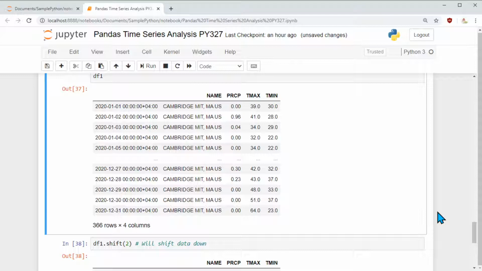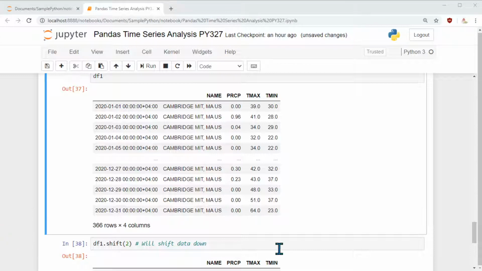Then we get to know the average precipitation for a 5-day period, which is more meaningful. In a similar way, if you want to calculate a 5-day average precipitation, what we can do is shift the data 5 times, sum them up and divide by 5. That will give us the average precipitation for 5 days.